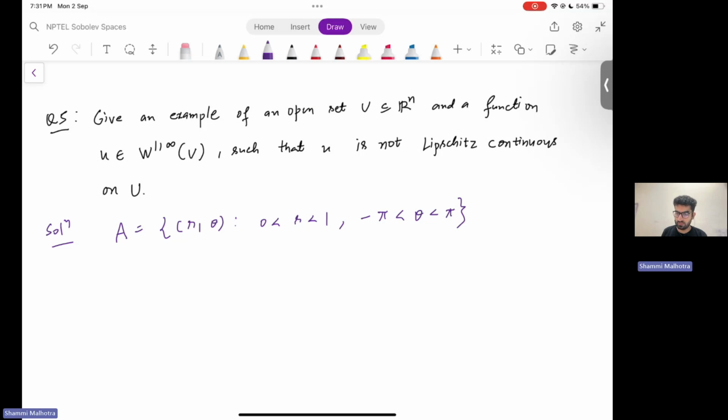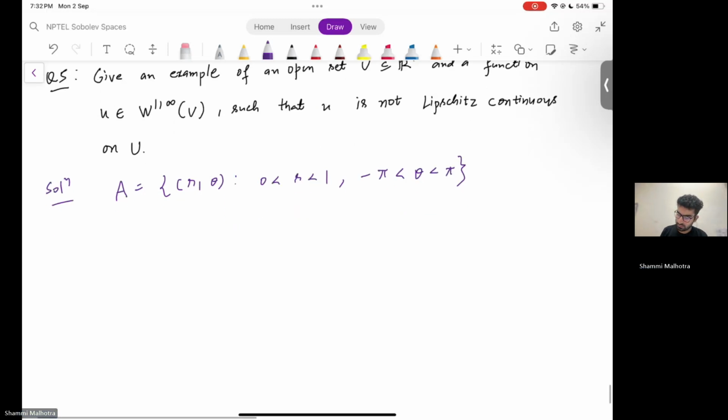So we are just not considering the slit, which is on the negative real axis. So that if I'm considering the subset of R2, then